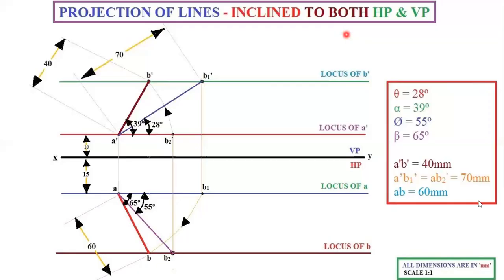These are the subheadings. So these heights are immaterial, so it's your own wish. At the right bottom corner, you need to write all dimensions are in mm, scale 1:1. Here height of the text will be 5 mm. So theta, alpha, phi, beta we will be measuring from the diagram. You just write whatever values you get, and also write your front view, top view, and true length value. And try to put in a box like this so that it will be looking very good and very neat. Your presentation should be very neat so that you will be fetching full 20 marks.